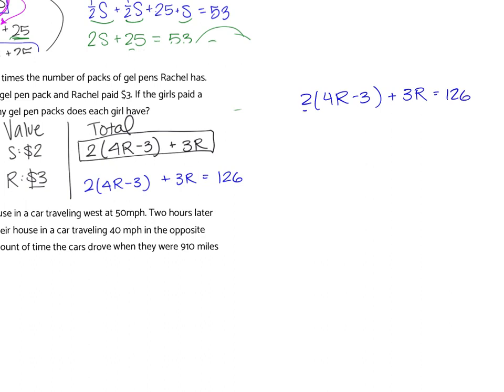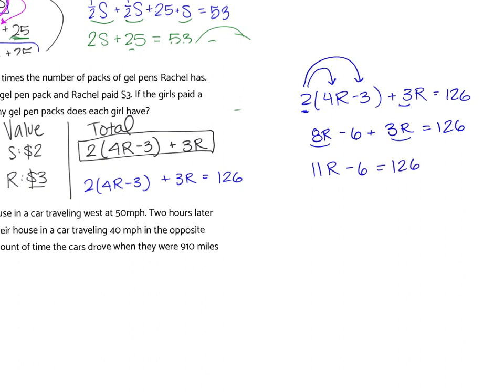So remember, with a problem with the distributive property, you can distribute first or divide first. Since 3 is not a multiple of 2, I'm going to go ahead and distribute first. So I distribute the 2, I get 8R minus 6 plus 3R equals 126. I'm going to combine like terms, so I have 11R minus 6 equals 126, and then add 6 to both